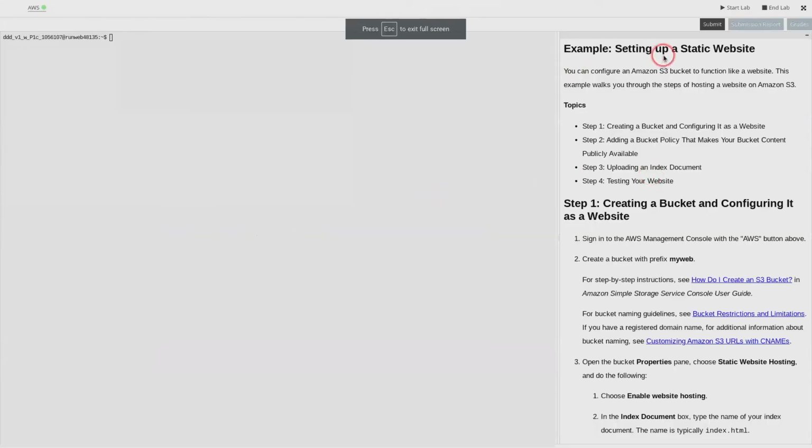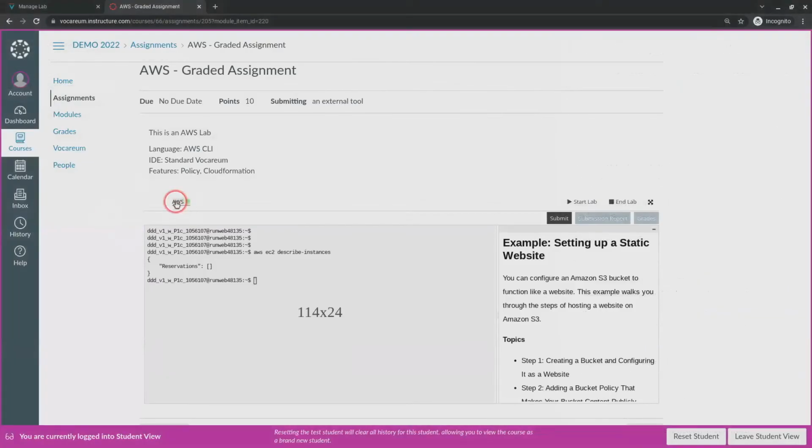So what we have here is an example where we're asking the student to set up a simple static website, and we've already launched the lab, and on the left-hand side, there's a console. And so if we wanted to, we have credentials to AWS already, right? And so we can write CLI if we're comfortable with that, or we can also launch into a new tab